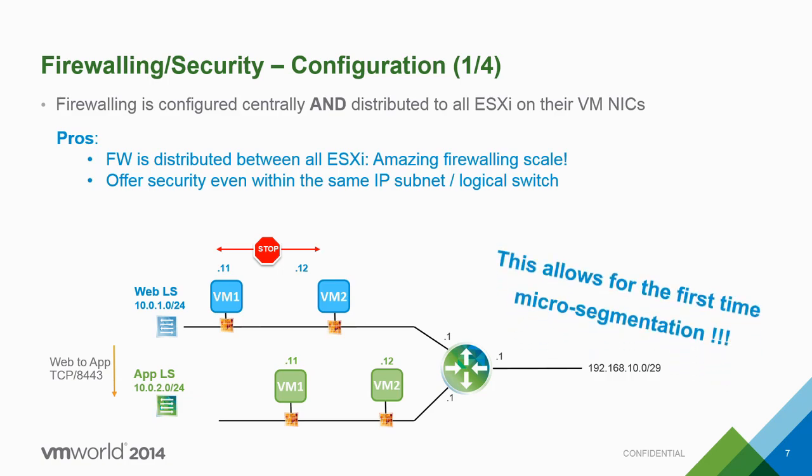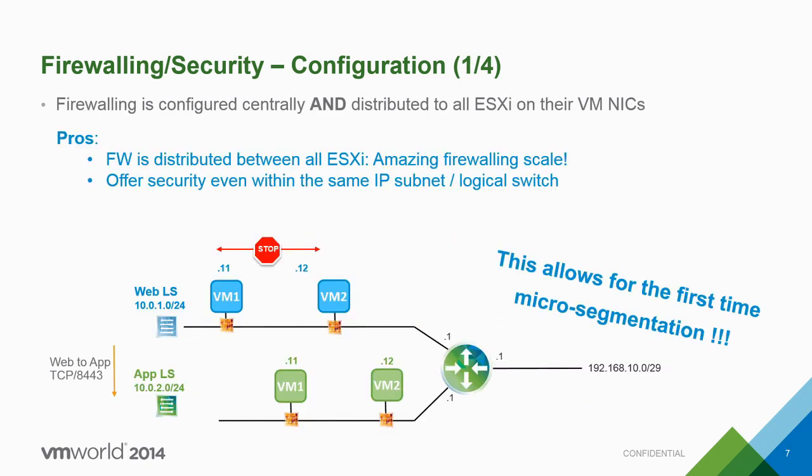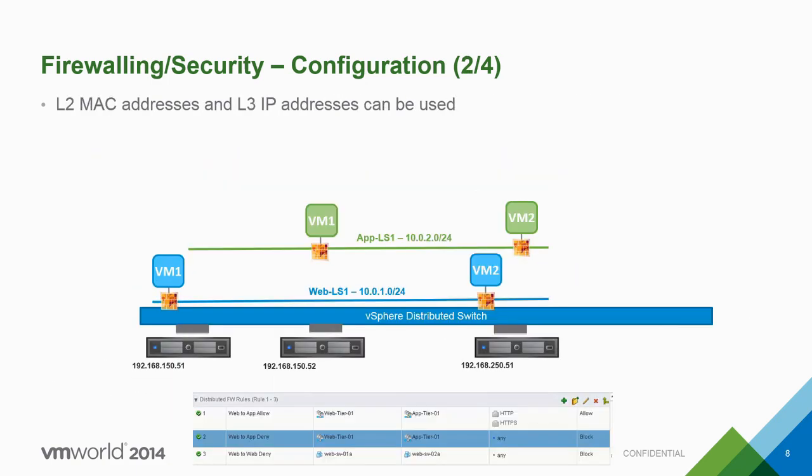And you may have heard this buzzword, micro-segmentation, and actually this is offered thanks to this capability, which is the ability to filter traffic even within the same subnet. Because the firewall is actually on the VM NIC and not on the router. Okay, then lots of vendors, so here not a lot of vendors do that, or actually pretty much nobody. Here, okay, we do too.